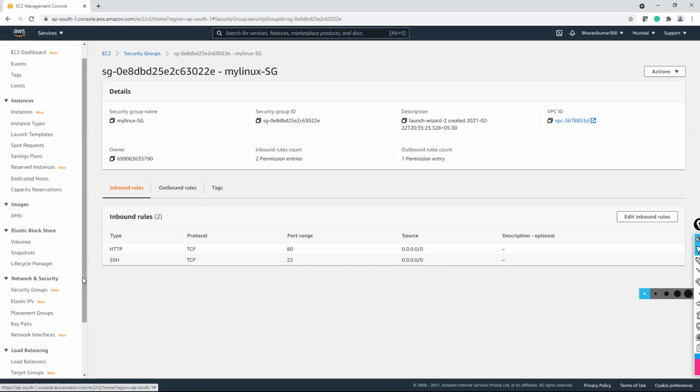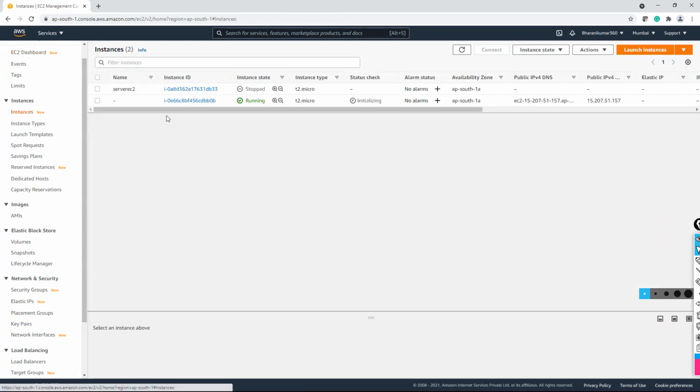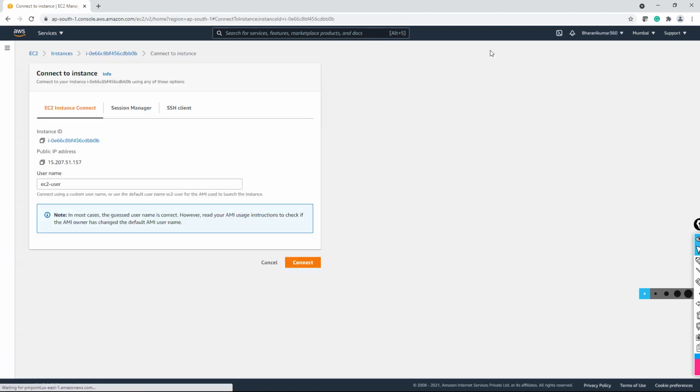Today we will see how to connect with this Linux instance. And Windows users, if you want to connect through SSH to your Linux environment, we also have an option of connecting through browser. Let us go back to EC2 and check. Yes, it is in running status. Connect. EC2 instance connect. This is browser client.